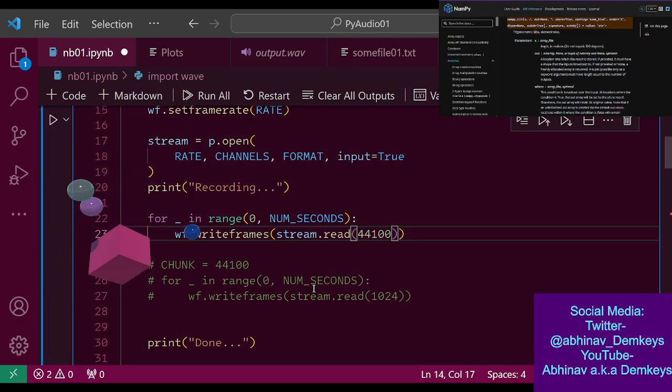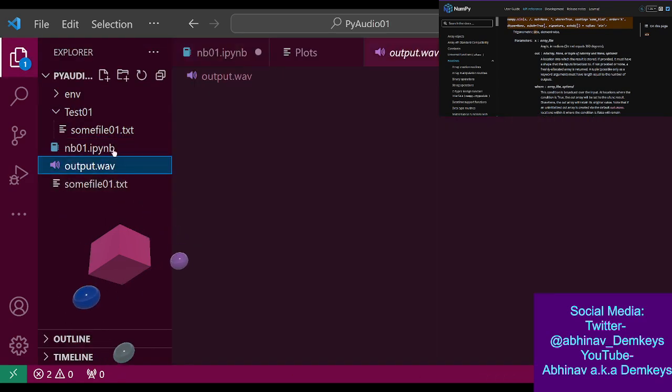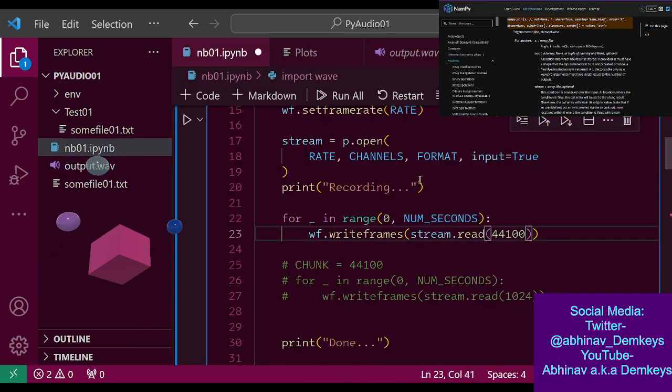So okay, something else I wanted to look into. I know how to capture the audio now, and it gets recorded and stored in this file output.wave, which is great.